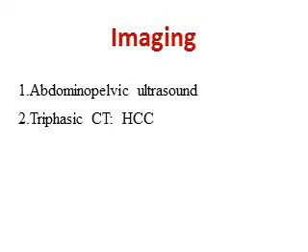Imaging uses in the diagnosis of liver cell failure and liver cirrhosis. We could use abdominopelvic ultrasound, which may give us an idea about, number one, the size of the liver, and number two, the texture of the liver, if there is fibrosis or cirrhosis or cirrhotic nodules. Number three, it may give an account of the spleen size, and of the presence of free fluid in the abdomen, which is called ascites, and whether this fluid is clear or turbid. Turbid means infection, as in the case of spontaneous bacterial peritonitis.